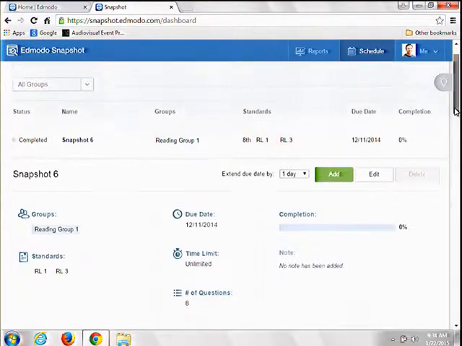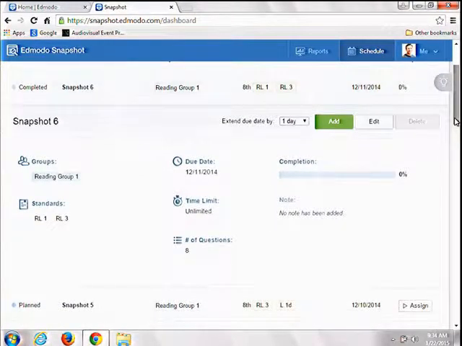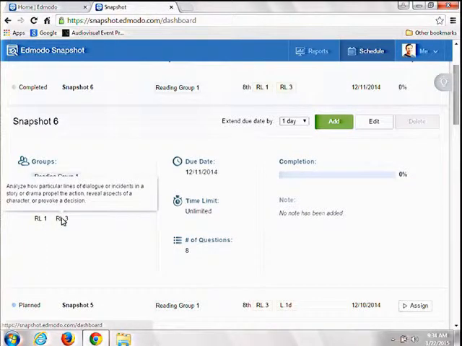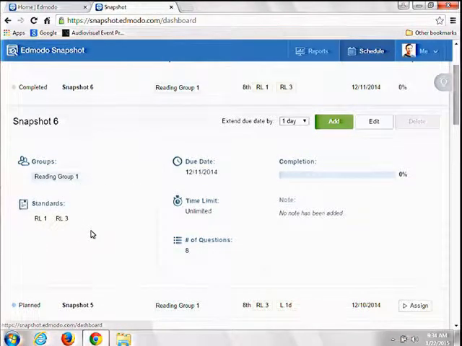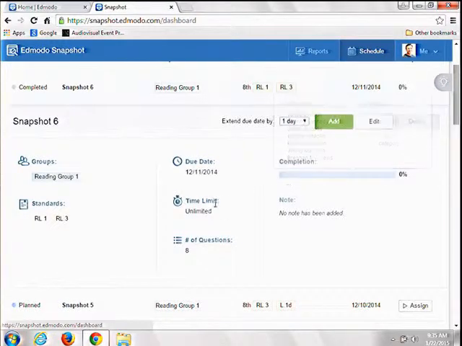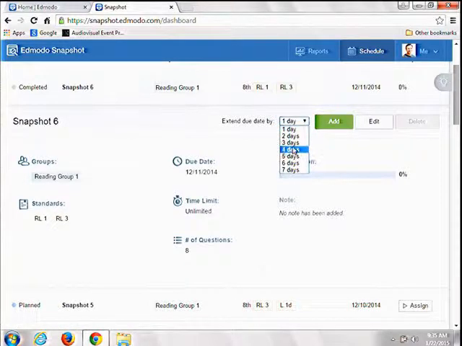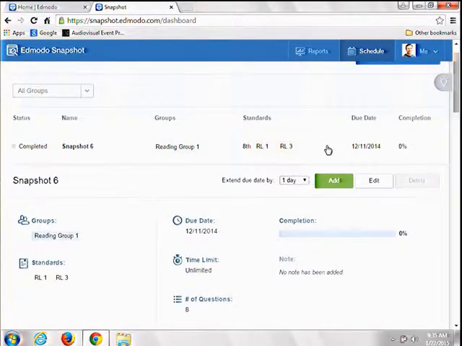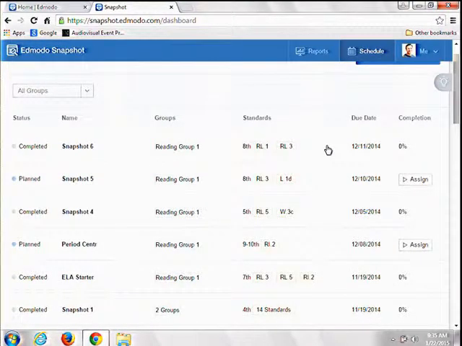If I open this up, you know, I can get some information about it. I can see which standards it's focused on. I can see that I've got a whole bunch of kids who have not yet done this one, even though it was due back in December. And so because of that, I could come up here and I could extend the due date and give them more time. So that's the kind of thing that you do from the schedule.